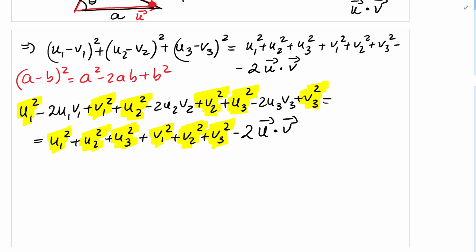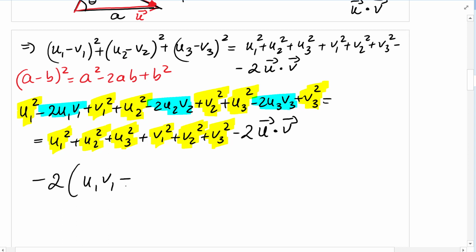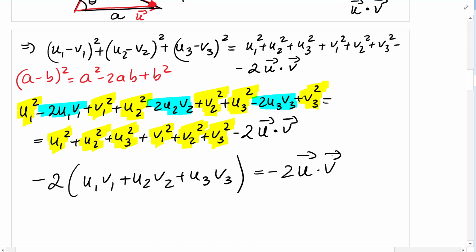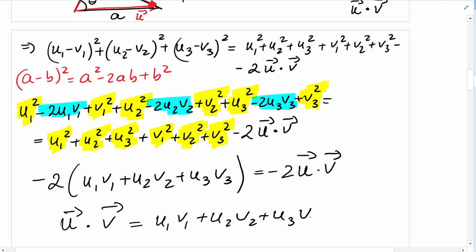What we get is these terms with a negative 2 in front of them, so we can factor out the negative 2. We get negative 2 times (u1 v1 plus u2 v2 plus u3 v3) equals negative 2 u dot v. If we divide by negative 2, we get the dot product of u and v: it's u1 v1 plus u2 v2 plus u3 v3. So we did prove